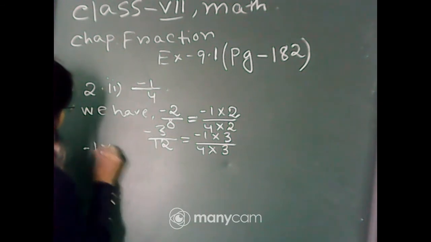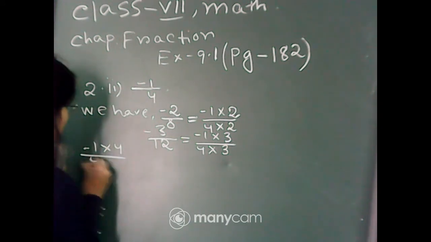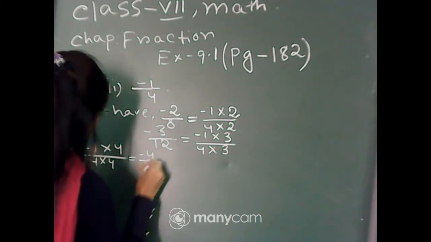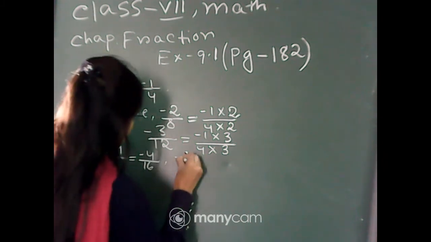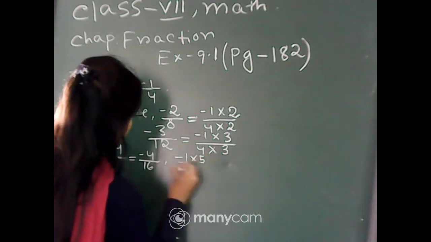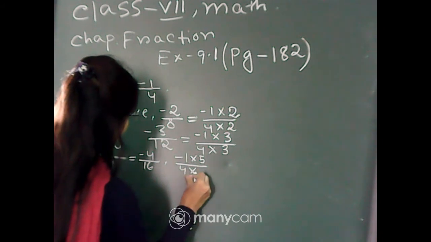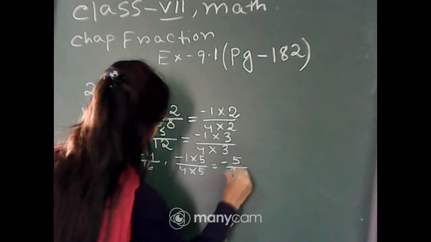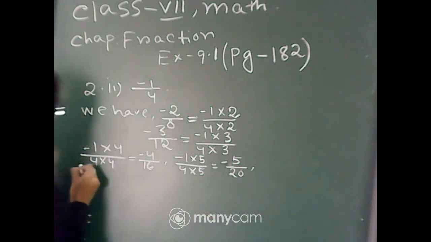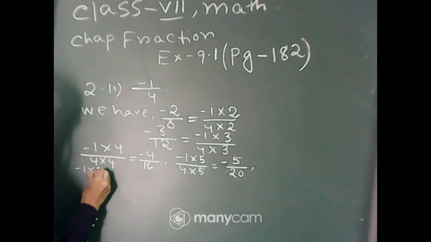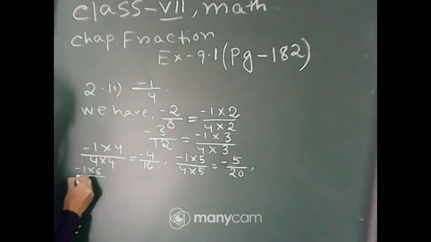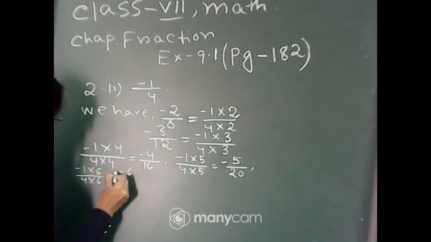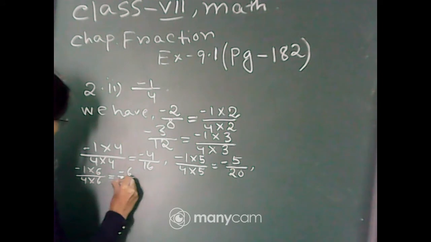minus 1 into 4 divided by 4 into 4, that is minus 4 divided by 16. Again we multiply both the numerator and the denominator of the rational number minus 1 by 4 by 5, and we get minus 5 divided by 20. Again we multiply both the numerator and the denominator by 6, and we get the rational number minus 6 divided by 24,